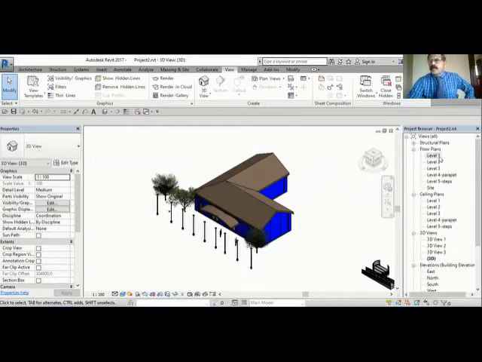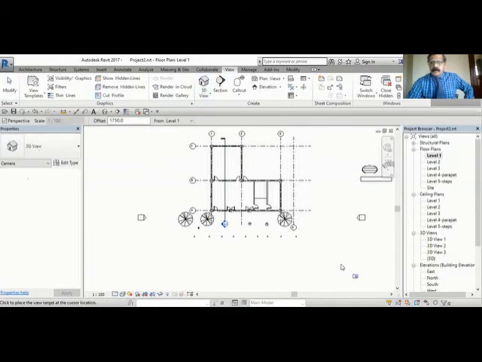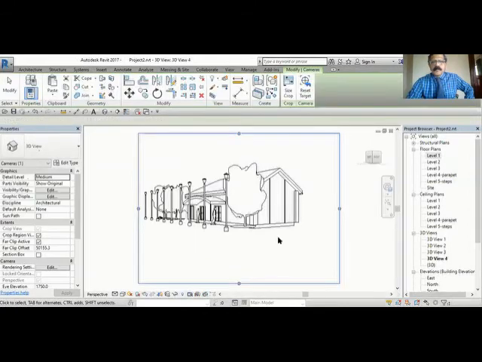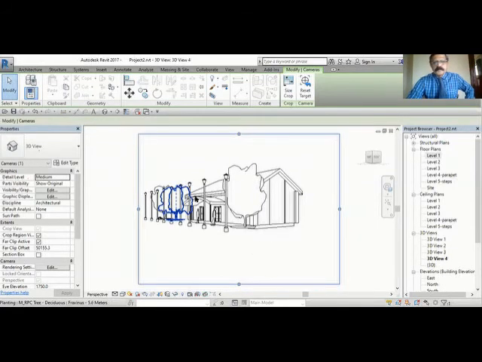Okay, I'll go to plan view. I'll make a camera outside. View, camera. Let's see that camera view.